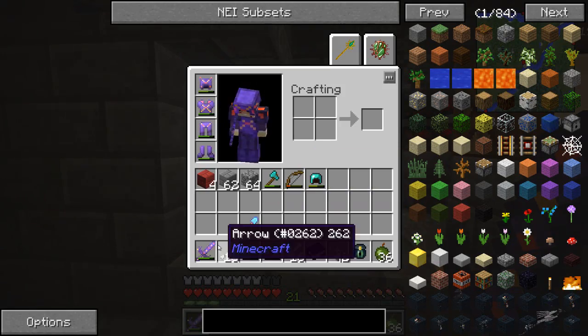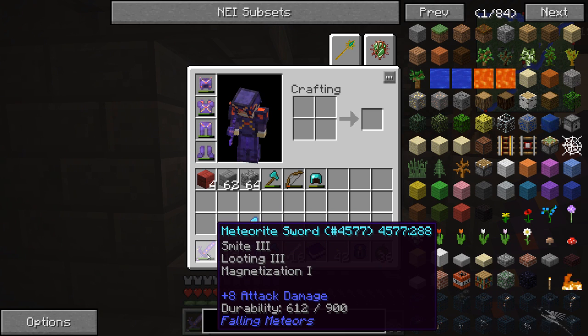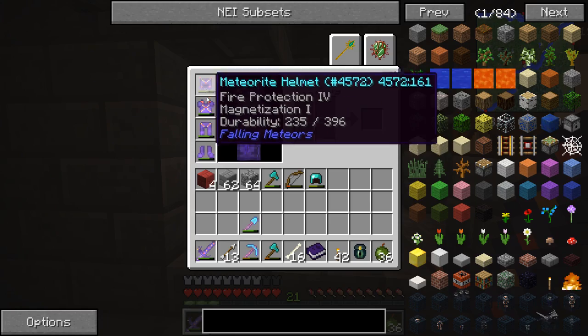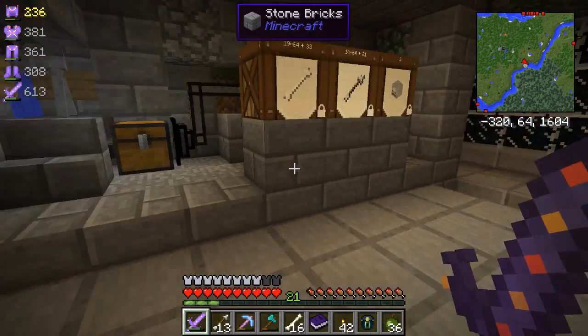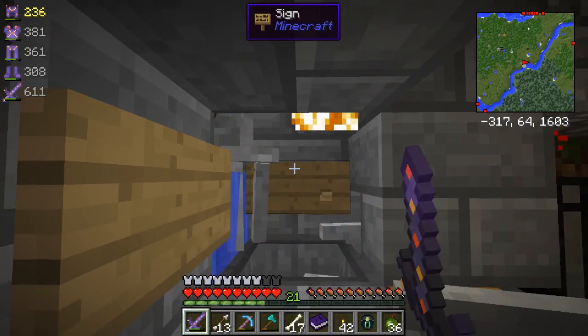So much so that I've been back to the enchanting area and I've put Smite 3, Looting 3 on this sword. Got a few other enchants on these things over here. Might bring the enchanting table over here so you can just quickly repair stuff and stuff like that. But one of the things that I was really after...